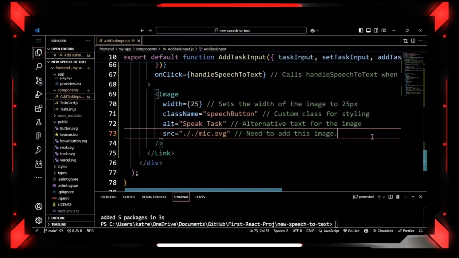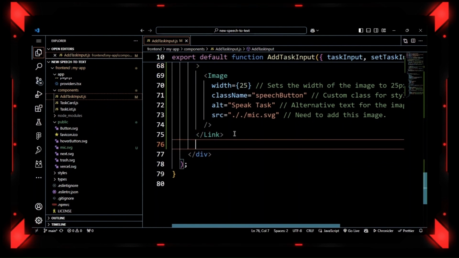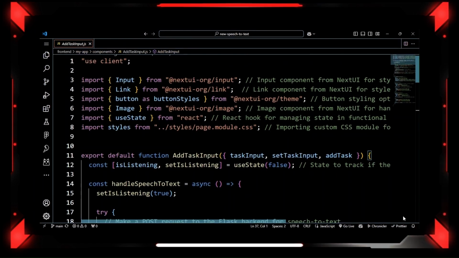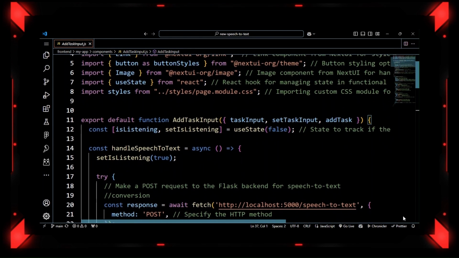Lastly, add this line of code, and that's it. Here is the finished code. If you want to double check to make sure everything looks good,